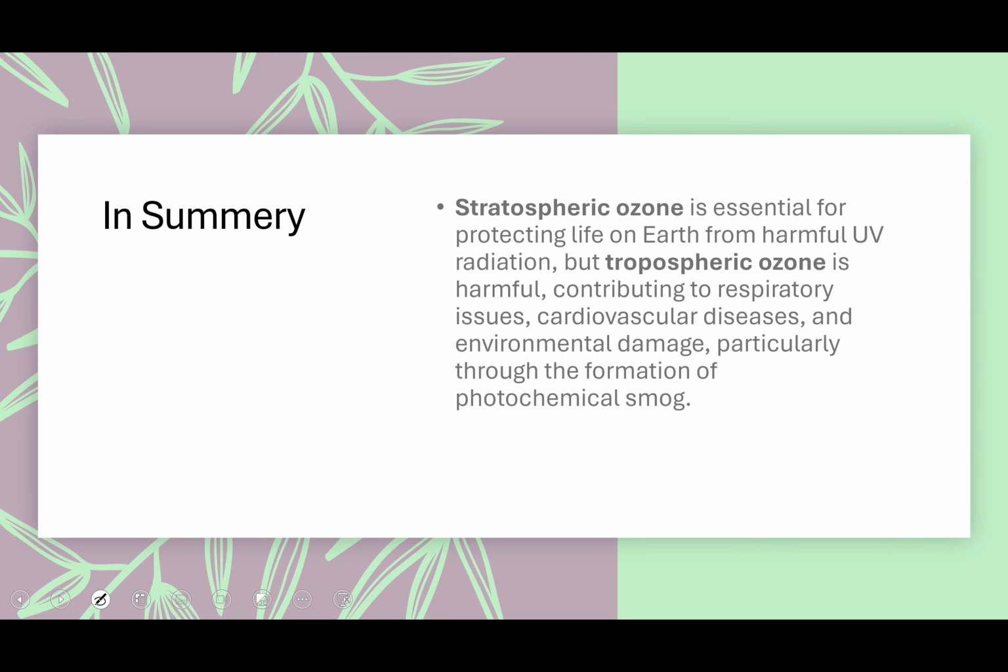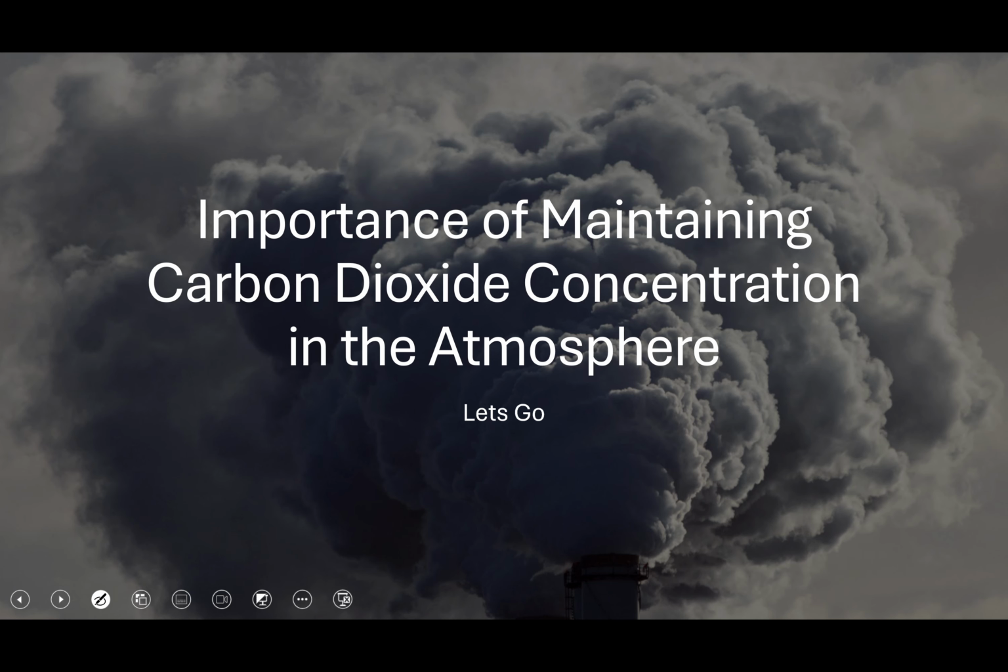So in summary, stratospheric ozone is essential for protecting life on Earth from harmful UV radiation, but tropospheric ozone is harmful, contributing to different issues, particularly through the formation of photochemical smog. All right. So let me cut this recording right here. We've gone through all of that so far, so the introduction